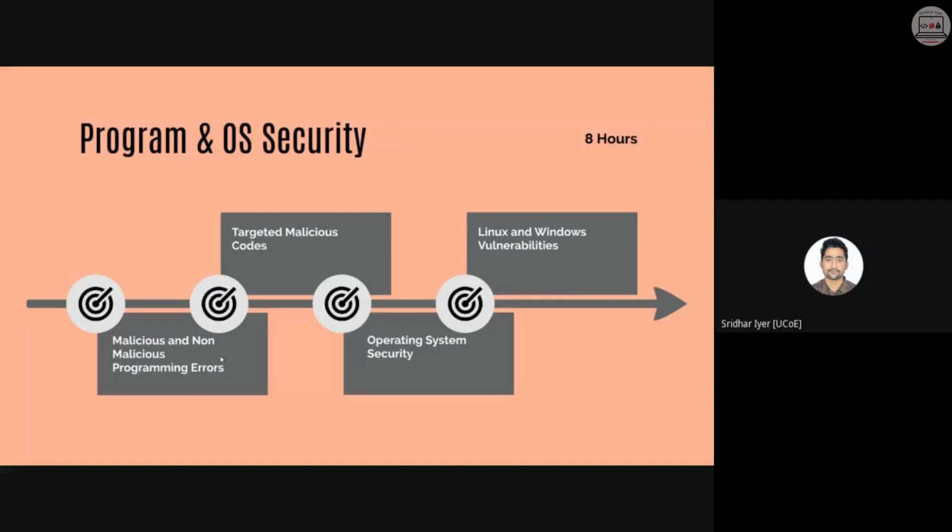Okay, so targeted malicious codes are nothing but, for example, salami attacks, which you already know. Salami attacks pata hoga sabko. Use the chat box if you are not aware of it. I can explain. Similarly, after salami attack, there are linearization attacks. Many such attacks are possible, which are targeted malicious codes.